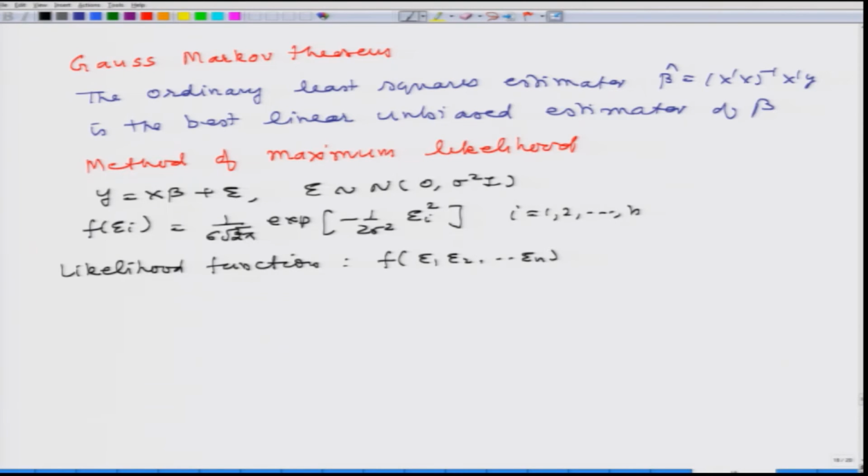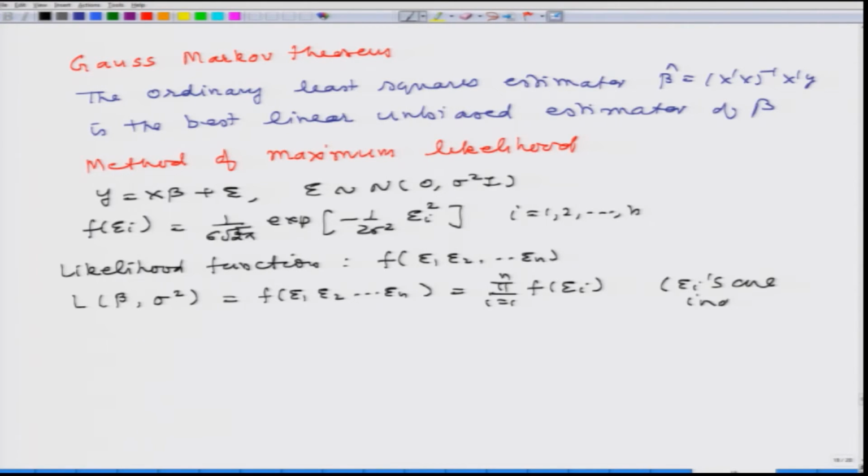We denote this likelihood function as L, which is a function of the betas and sigma square, the joint density function of epsilon 1, epsilon 2, epsilon n. And since we have assumed independence, I can write that this is nothing but the product of f of epsilon i's, right, because the epsilon i's are independent,